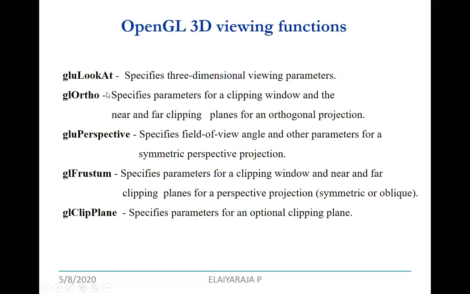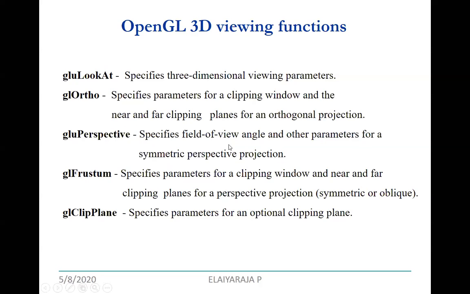You write glOrtho, open the bracket, and write left, right, bottom, top, and near and far. Next, gluPerspective, where you specify the perspective projection through your OpenGL function, which specifies the view angle as well as other parameters for symmetric perspective projections.